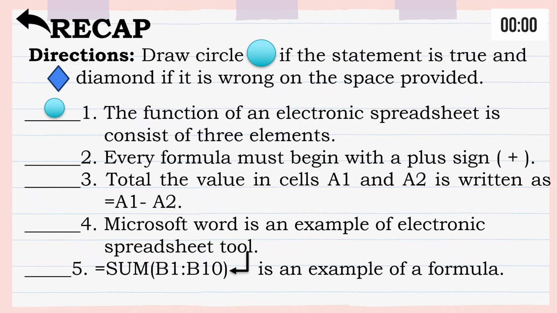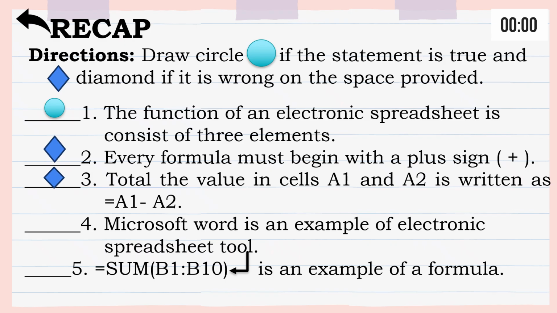Number 2, every formula must begin with a plus sign, true or false? The answer is false. It's diamond. The formula must begin with an equal sign, not a plus sign. Number 3, total the value in cells A1 and A2 is written as equal sign A1 minus A2. The answer is diamond. It should be a plus sign because we're getting the total value